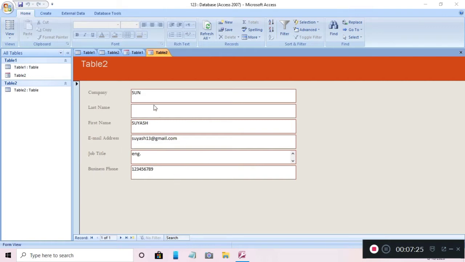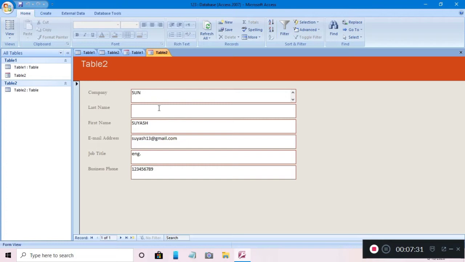So if you want to change any record of any person, what you have to do is go directly to that individual data box, and with the backspace button you can change the information.